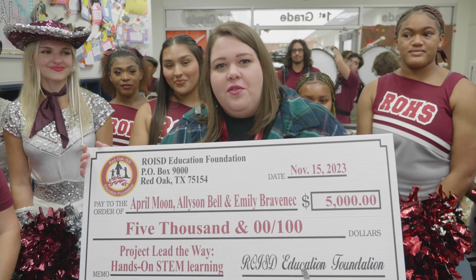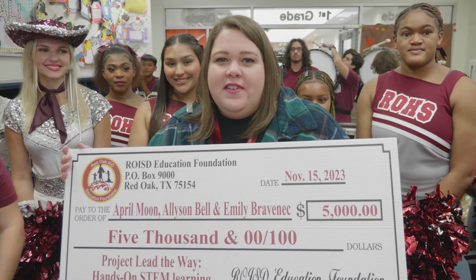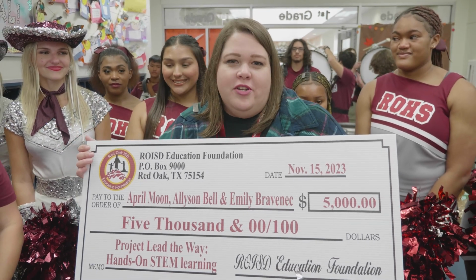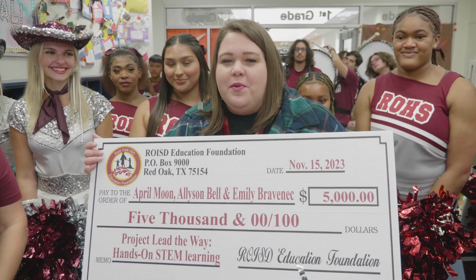This grant is going to help support all of our students, grades K through 5, in STEM activities and robotics and coding to prepare them for career opportunities after school and also to prepare them on courses for middle school and high school. Project Lead